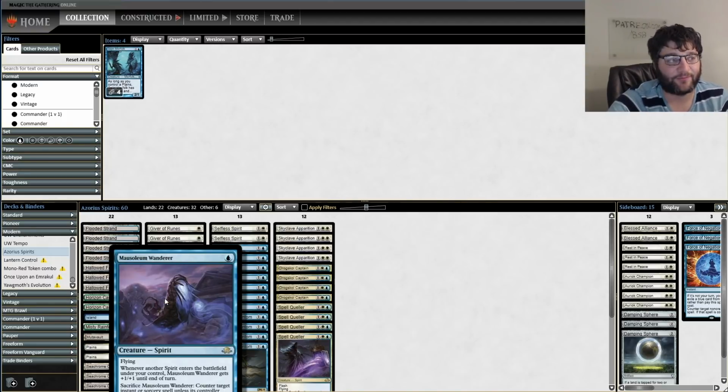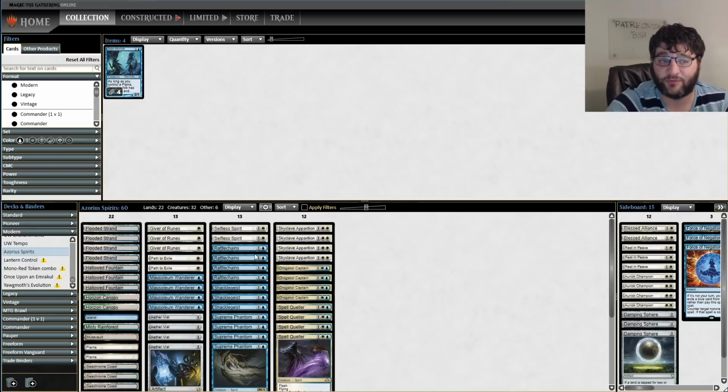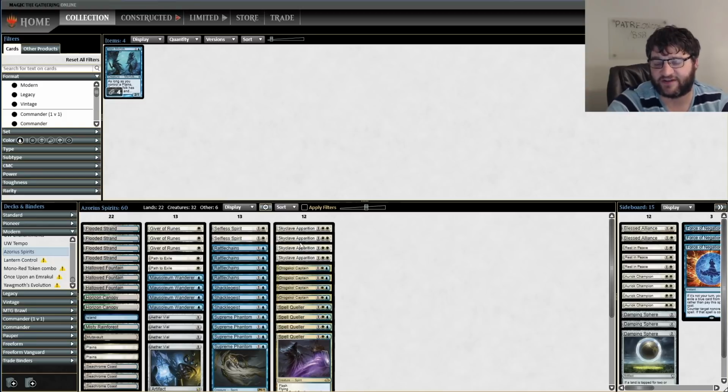For instance, Mausoleum Wanderer can keep counterspells off your back and keep removal from getting your creatures. It can keep you from getting comboed to death. Selfless Spirit can protect your stuff from removal. Oh, by the way, Giver of Runes, quiet addition to the deck here. Not a Spirit, but well worth it, giving your other creatures protection. And that's a big deal, just being able to protect your Skyclave Apparition or your Spell Queller later on in the game when your opponent's trying to get the value out of them. And, of course,